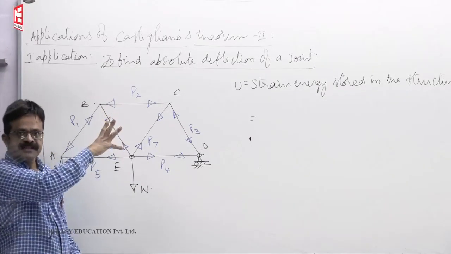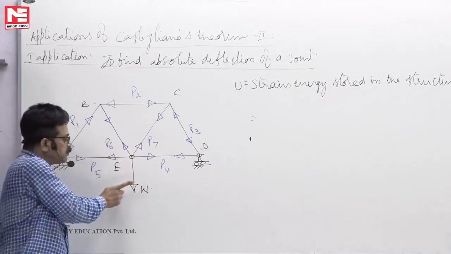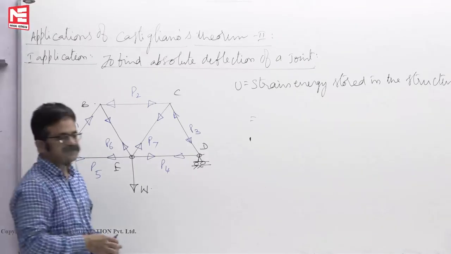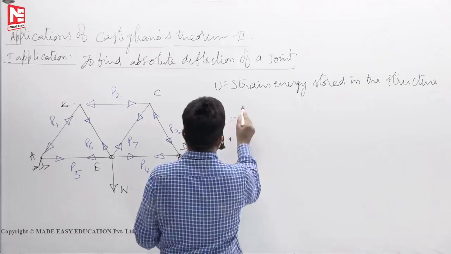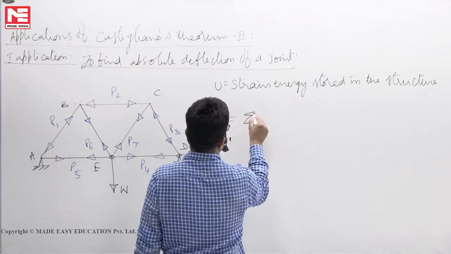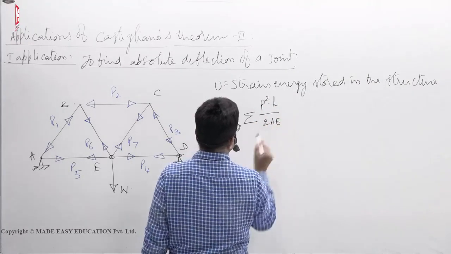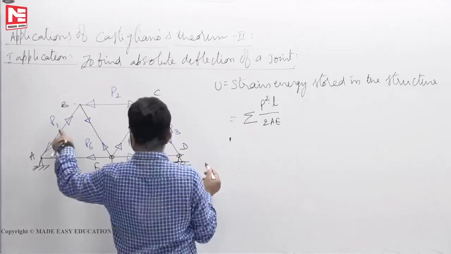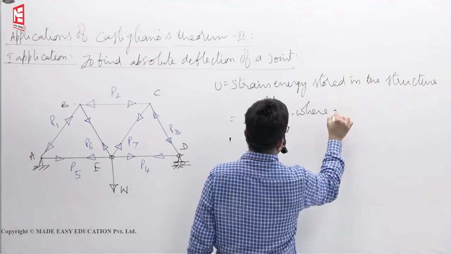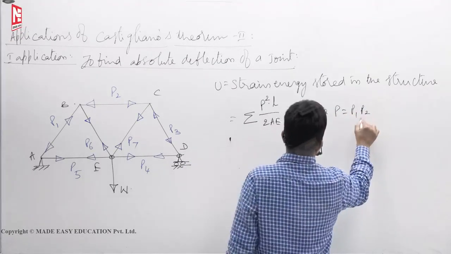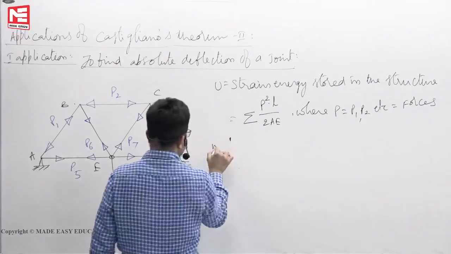That means these are the resistances developed within the member due to gradually applied load W. So now you are writing in terms of the forces: strain energy stored in the structure is the summation of P square L by 2AE, where P means force in the member due to the applied load W, P equal to P1, P2, etc., forces in all members